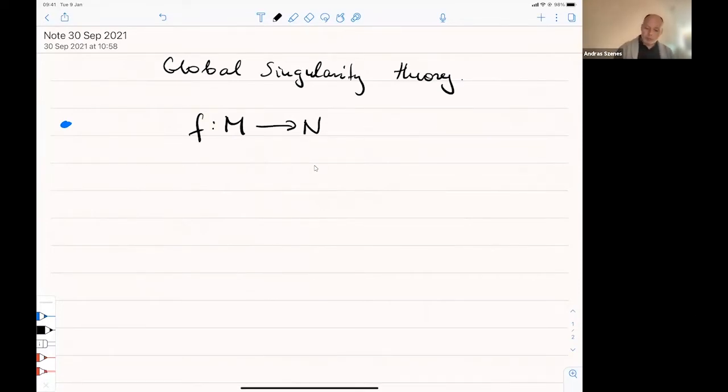The regime is when we have the dimension, which I'll denote by M here, and here the dimension, which I'll denote by N. So we'll look at the regime when this is less. So we look at smaller dimensional manifolds mapped into larger dimensional manifolds, and